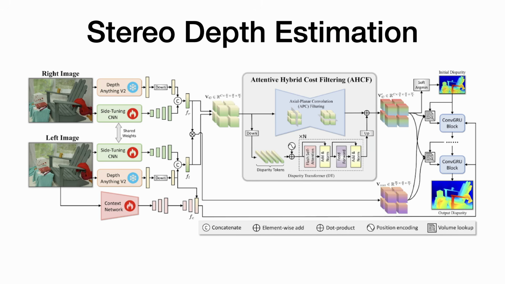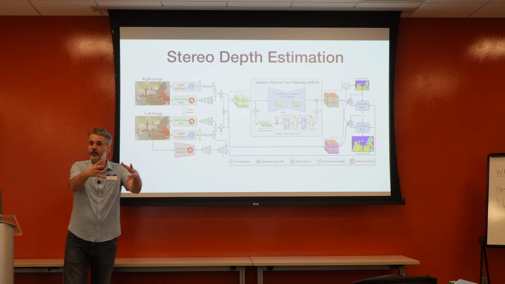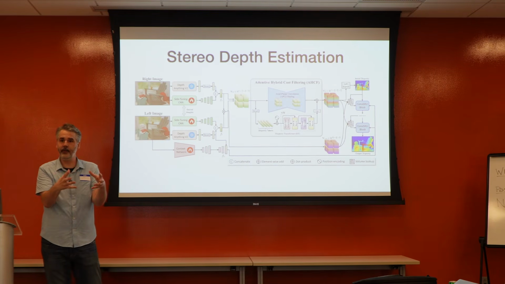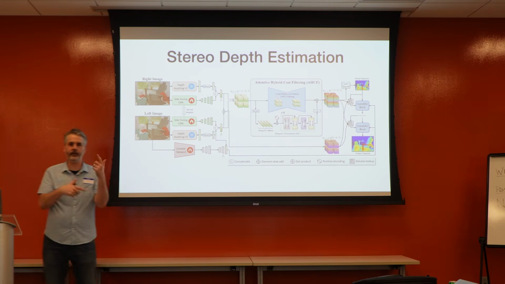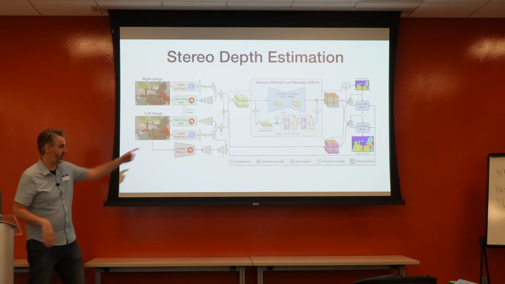Am I looking at something that looks like a nice, flat, smooth surface? If so, well, then maybe my depth should also be flat. Am I looking at something that looks like a basketball? If so, well, then I should make sure it's a sphere. And so these machine learning models are able to better understand context clues and the environment to generate those 3D